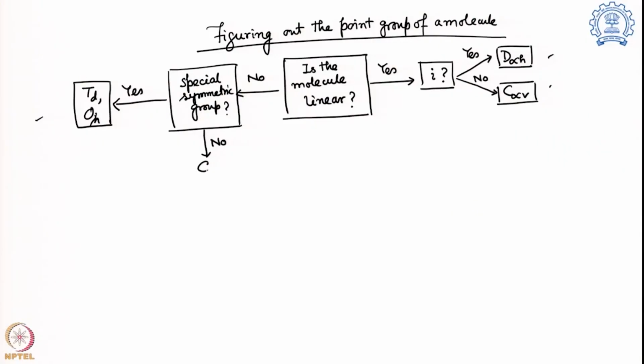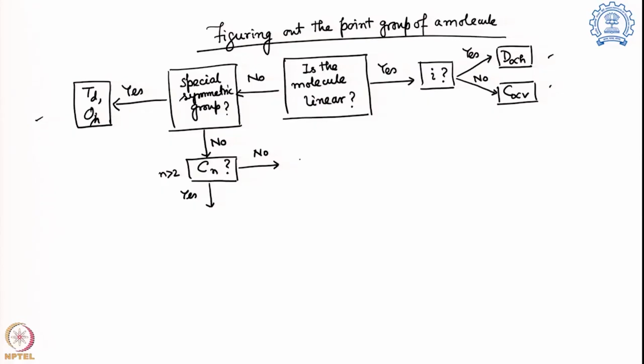So, the question is going to ask, do you have a Cn or not, where n is greater than 2? The answer can be again binary, no or yes. If the answer is no, that means it belongs to one of the non-rotational groups, and in the non-rotational groups it can have C1, Cs or Ci. Very importantly, Cs means it has a sigma plane along with the operator E, whereas Ci has a symmetry element of i present along with the E,